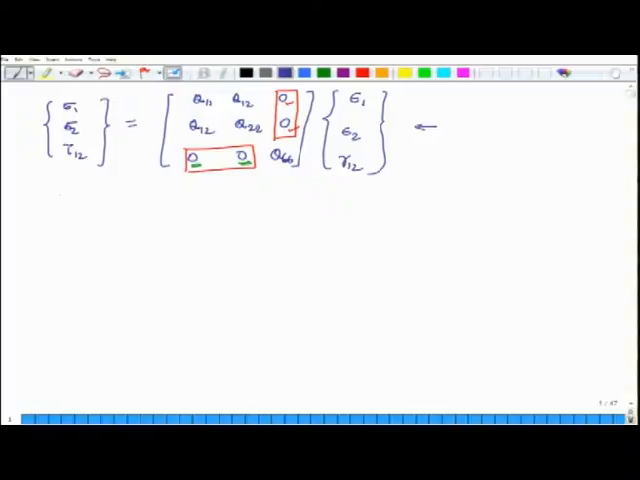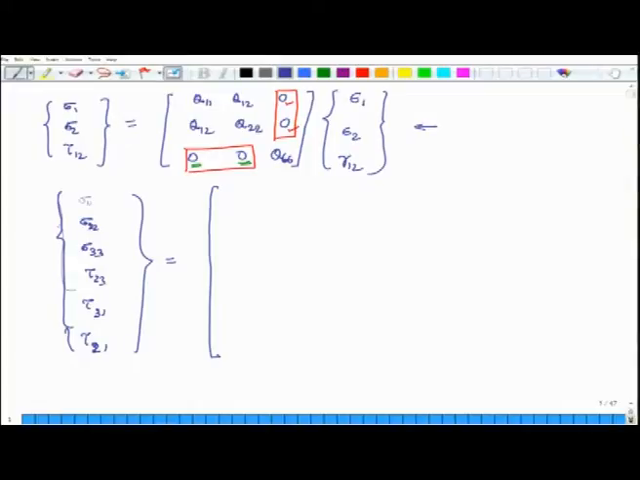For a system under a 3D stress state, the relation is something like this: sigma 11, sigma 22, sigma 33, tau 23, tau 31, tau 12. So, this is my stress vector, and this is coupled to the strain vector through a 6 by 6 square stiffness matrix. The strain terms are epsilon 11, epsilon 22, epsilon 33,